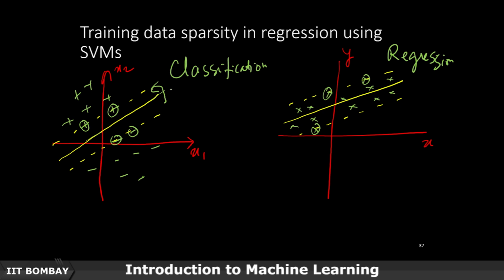So we don't have that advantage in regression. We have points that can go outside the margin above the line, or below the line they can go outside the margin. So we now need two slack variables, one for above the line and one for below the line. So basically we are going to have a noise tolerant